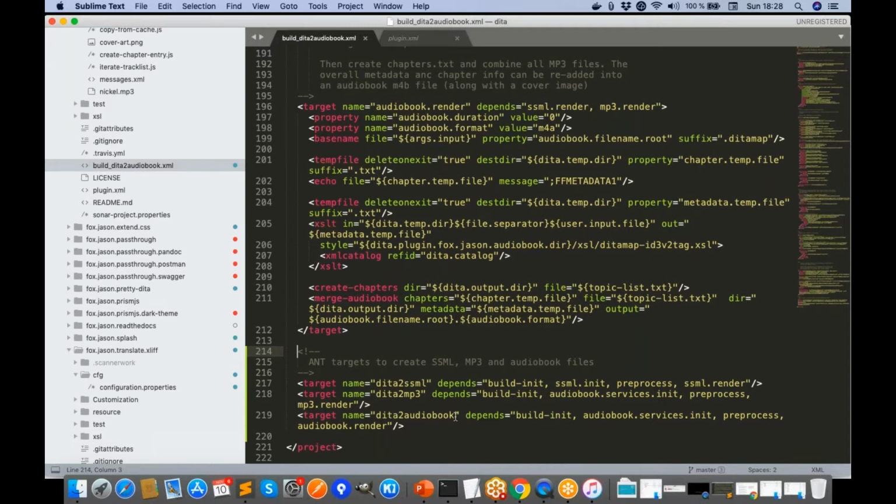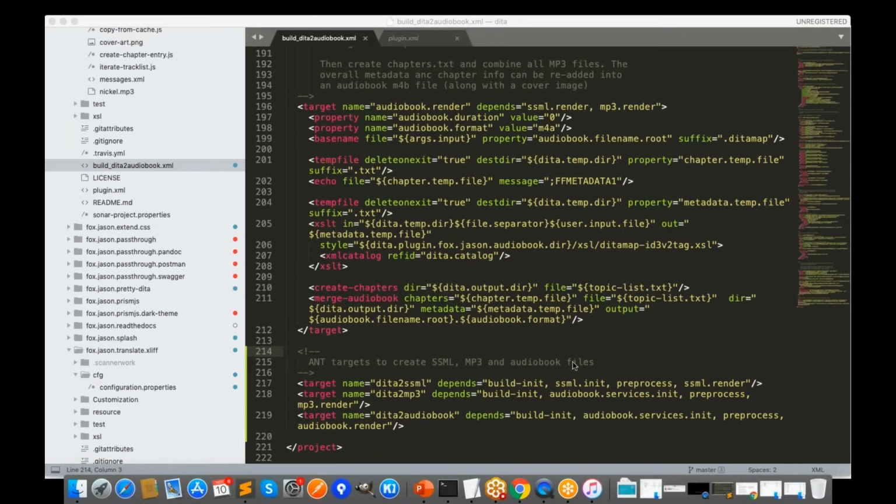So therefore it goes through the initial build init, there is a certain amount of setting up, making sure you've got your services and making sure that they can connect, before we go through standard pre-process or pre-process 2, which means that we've now got all the key refs and definitions and what have you into some intermediate files, which means we can then go through and render the SSML or audiobook. You can think about that. You could actually go direct to MP3 or direct to audiobook, but the first thing to do is to just try and get out this format as